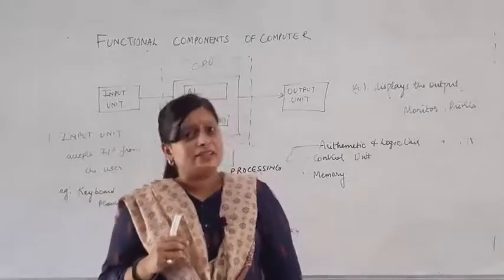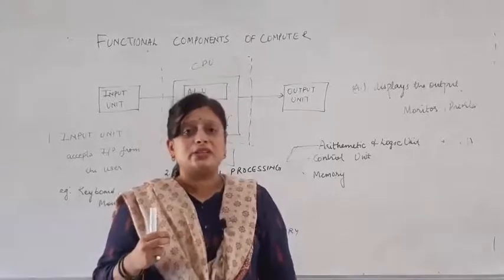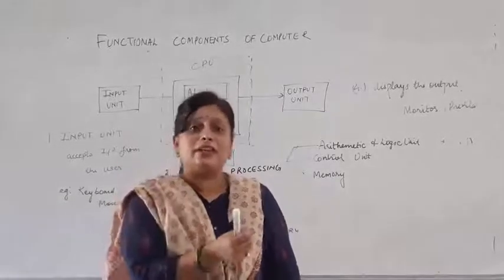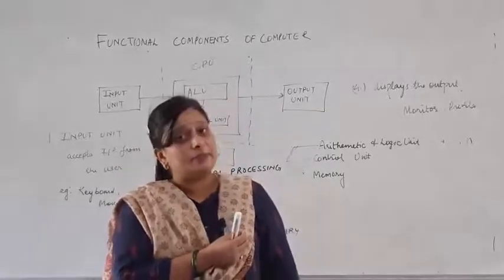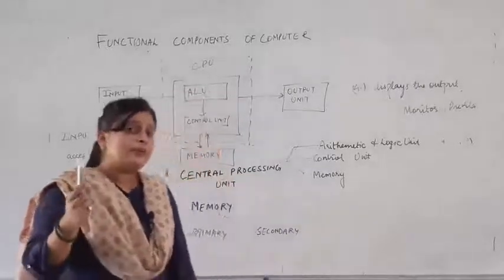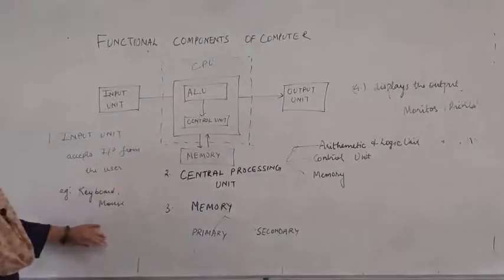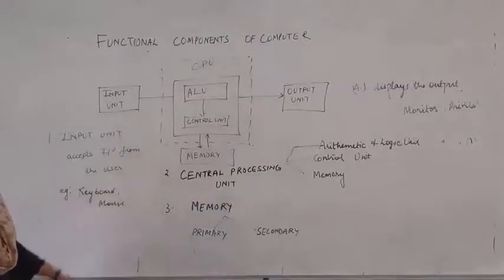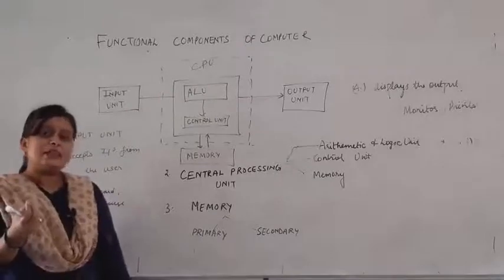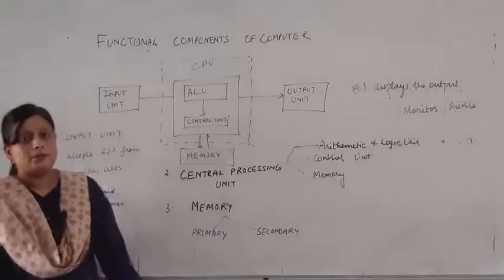So, each of the digits that is entered by the user is converted into its equivalent binary component by the computer itself. So, the input device accepts the input from the user. Examples of an input device could be your mouse, keyboard, the touch panel, that could be any device that is supplying the input to the computer.